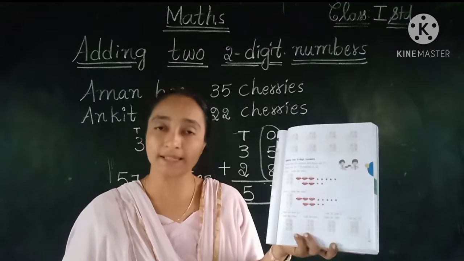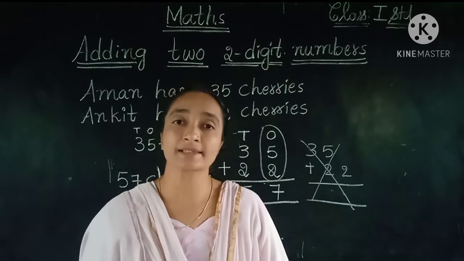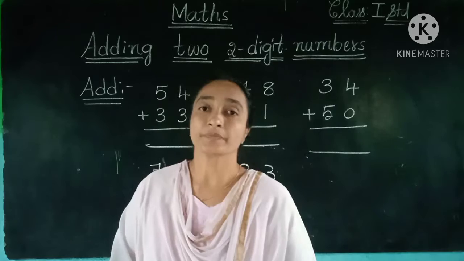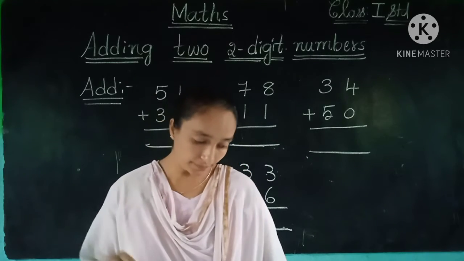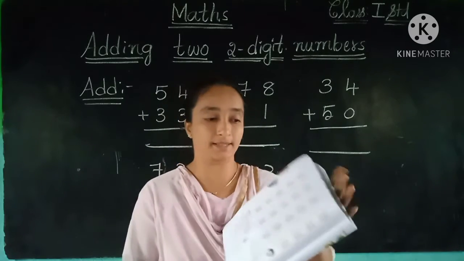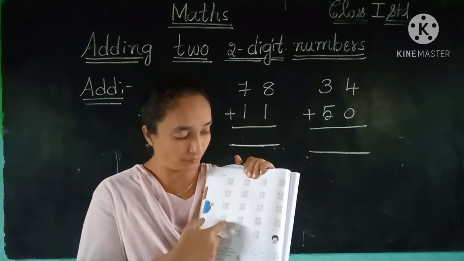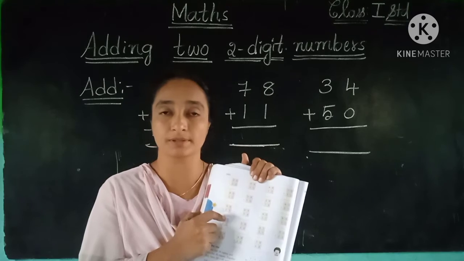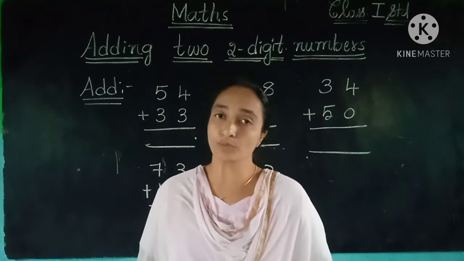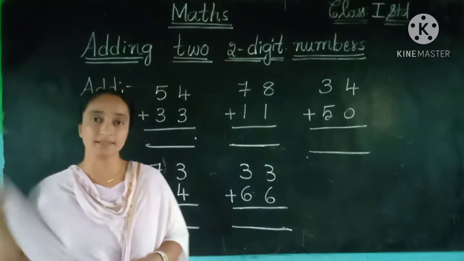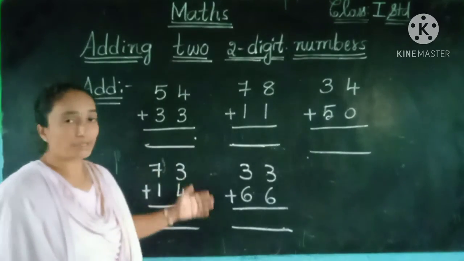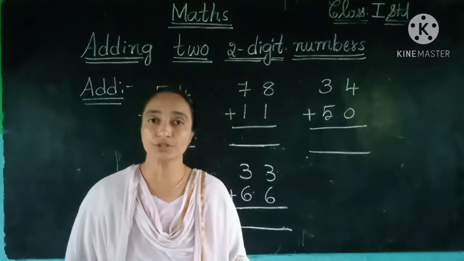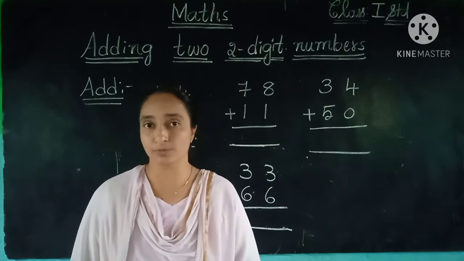Let us see some more examples on it children. Now the remaining exercise you can do on your own. Let us see now some more examples. So children, in the textbook, the page number 146. Here we have an exercise. In the exercise we have sums, children, adding of 2-digit numbers. So here we have written some more examples on the board from this exercise. If we complete these, you can get an idea and you can do all the remaining sums in your textbook on your own.